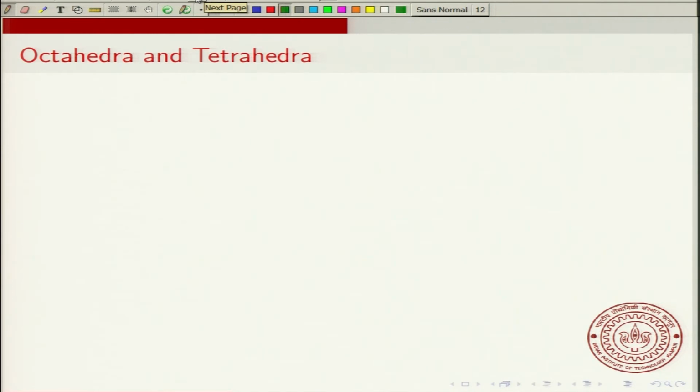Now, I said that there are 2 common coordinations. Octahedra is 6 coordinated and tetrahedron is 4 coordinated. So, if your cation is coordinated to 4 other anions, then usually there is a tetrahedron, and there is an octahedron if it is coordinated to 6. Now, sometimes you can have things like trigonal bipyramidal,